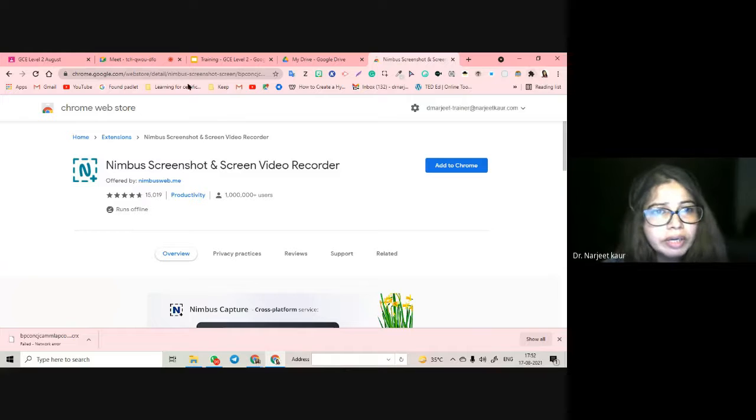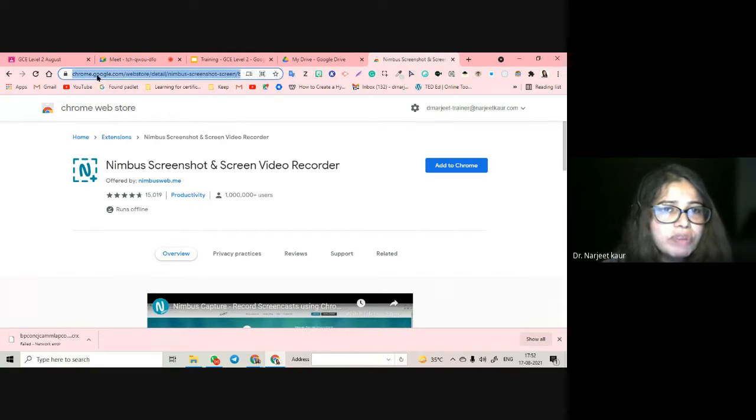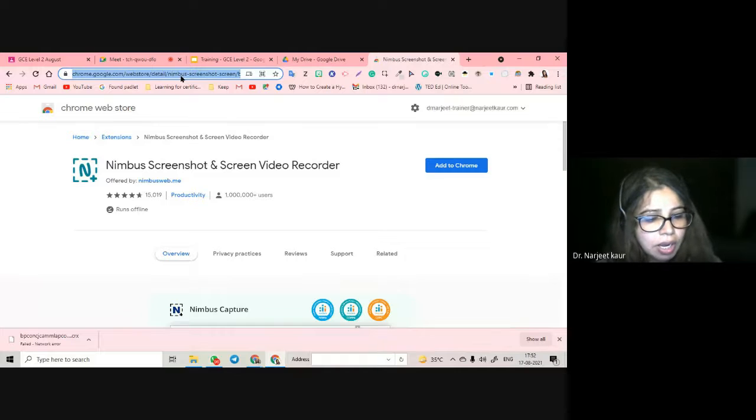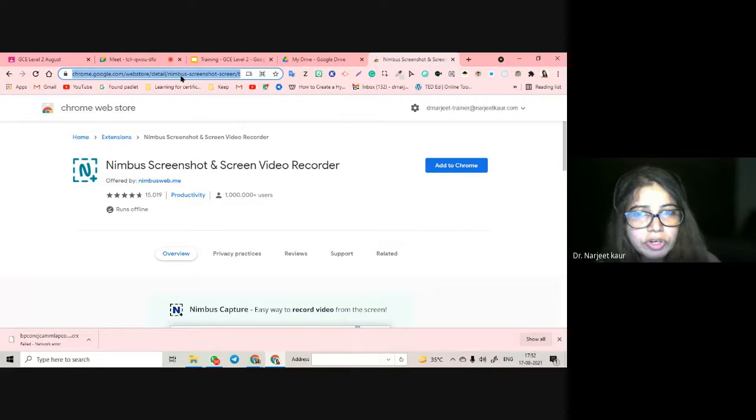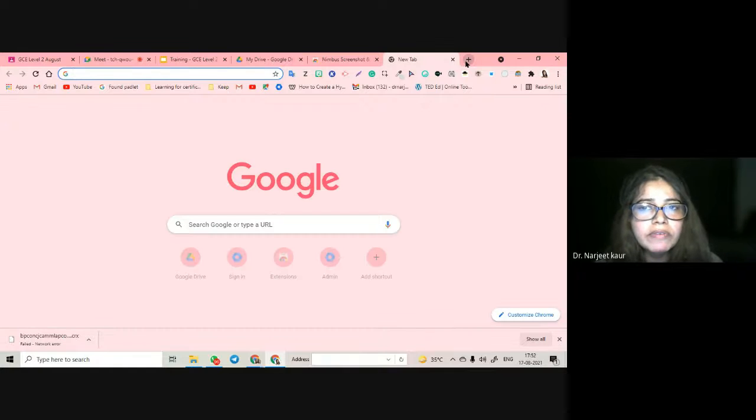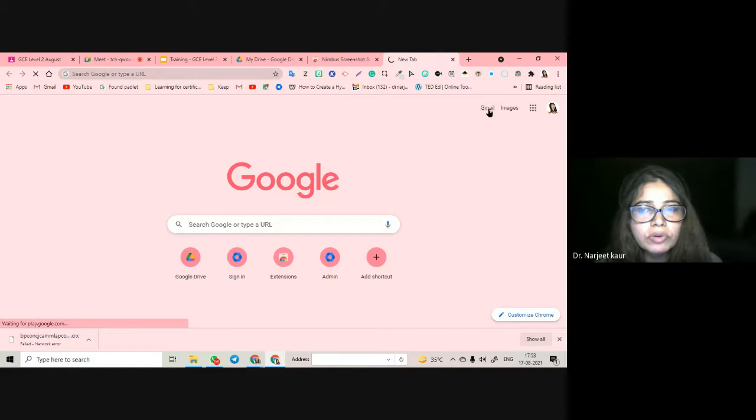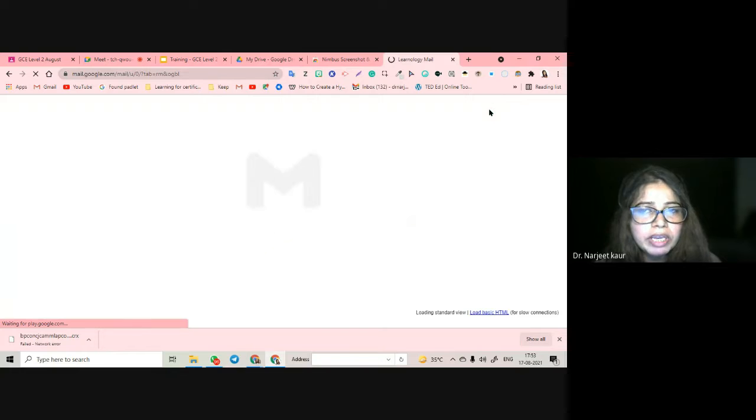And now, for example, this is the one which I want to mail. I go to this address bar, this Omnibar. The address, the URL of this extension, is here. I press Control C, which means I'm going to copy this URL. Then I go to my mail. I go to Gmail, and it will open up the mail before me.